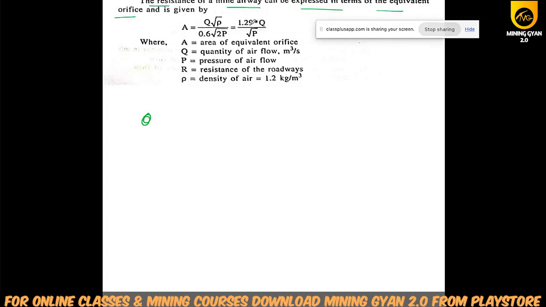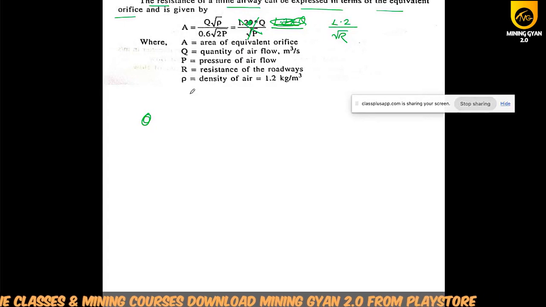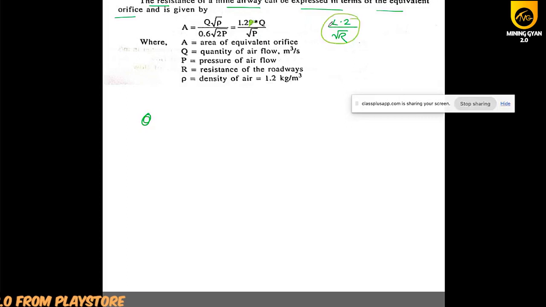That means first, this formula is wrong, 1.2 into Q divided by, that also is not right, 1.2 divided by root R, this is not wrong, it is just that the information is wrong. You just need to remember that this formula is up to this 1.2 Q by root P, but it is simple to revise: A equals 1.2